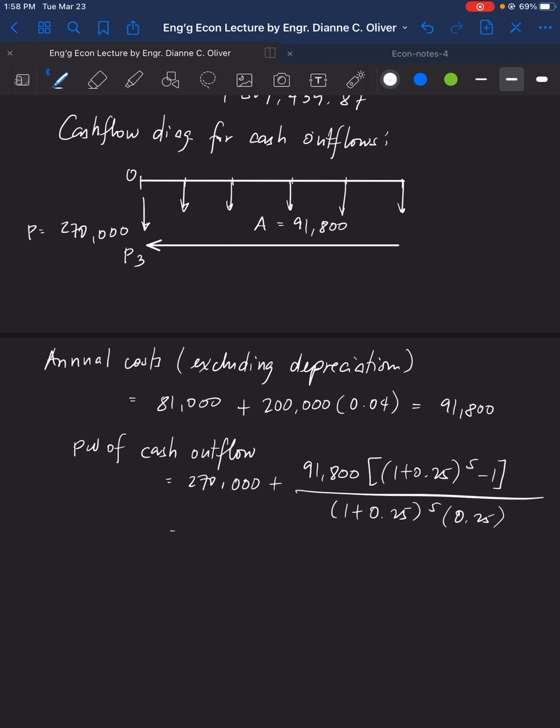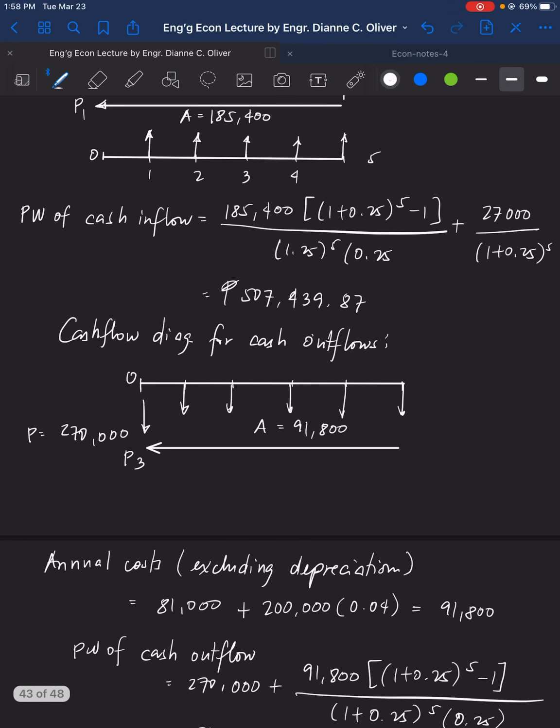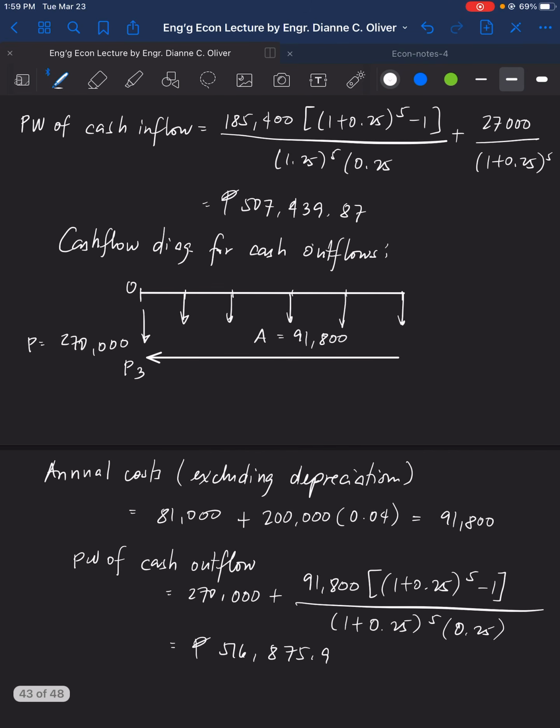So the answer here is 516,875.9 pesos. So for the present worth of cash inflow, it's 507,